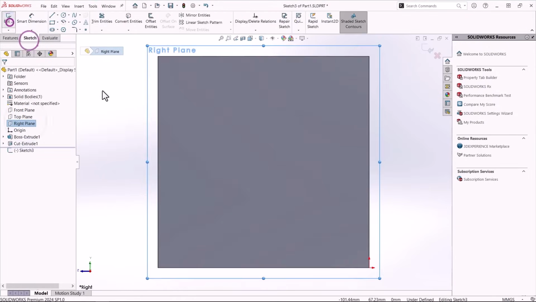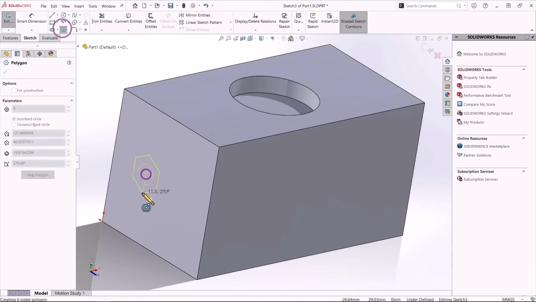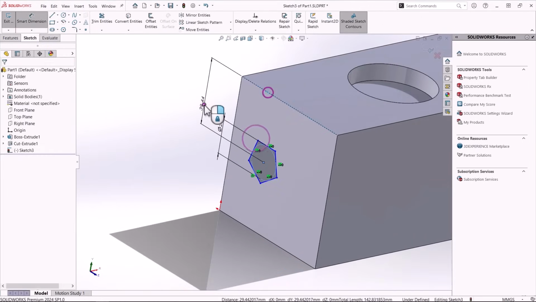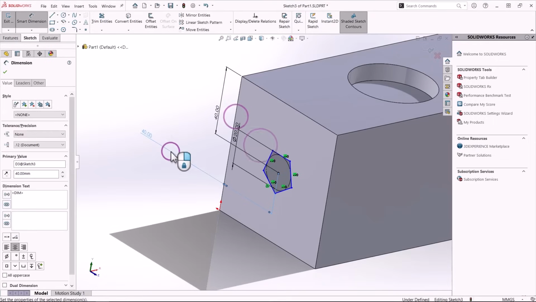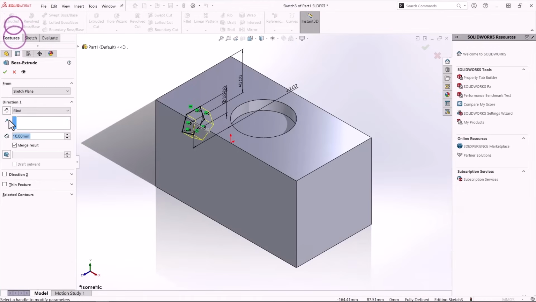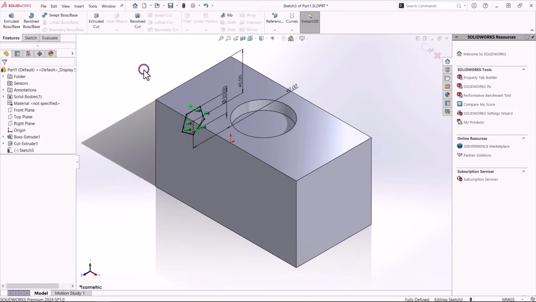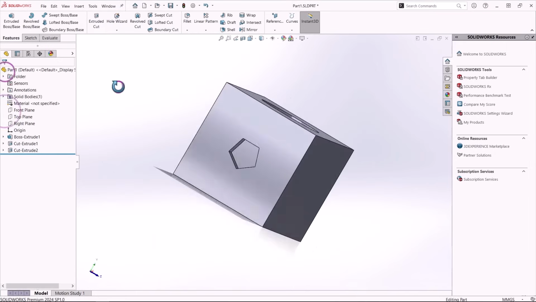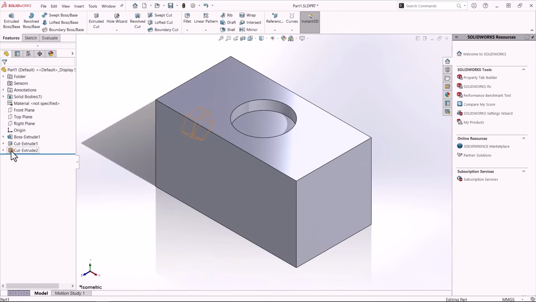So keep in mind that for now as beginners, you can only sketch on a 2D plane or on a flat surface. If you were to try and start a new sketch on this cylindrical face, you'd notice that this cannot be done. There are plenty of features, but I cannot show you all these tools in such a small video. Again, I suggest you begin learning from simple geometries and use basic commands as much as possible. That's how you'll become better, so the rule of thumb is keep it simple.